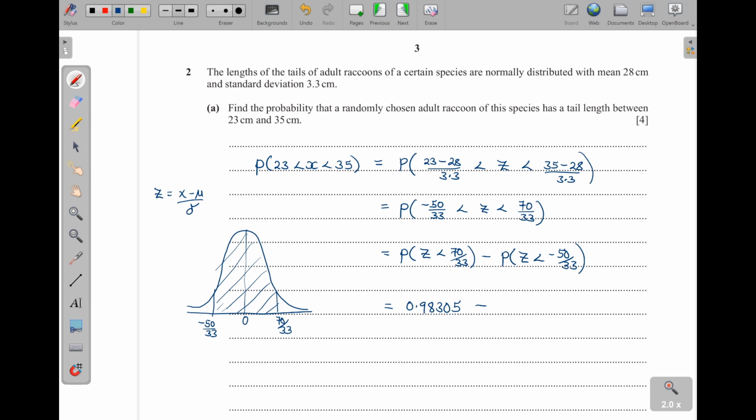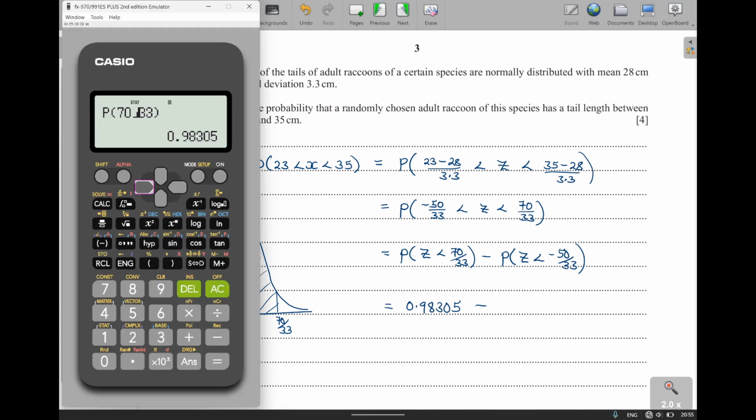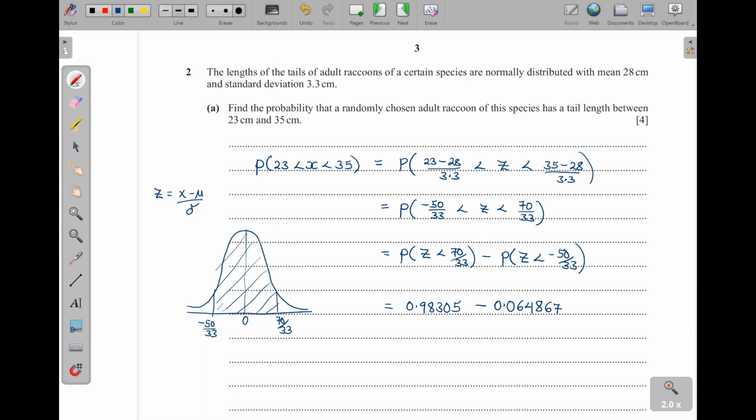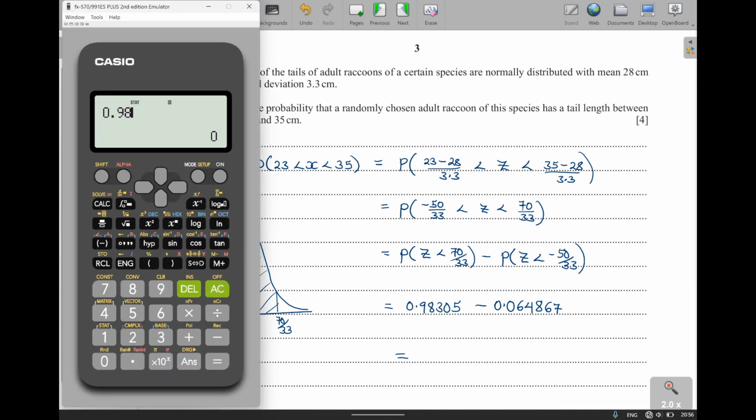Then how about this other one here? I'll just come back to this. Since it is P, the less than, I don't need to disturb myself. I just come here, and then I change to the negative 50. Okay, over 33. Then what do we get when we subtract them? So we can get 0.98305, then minus